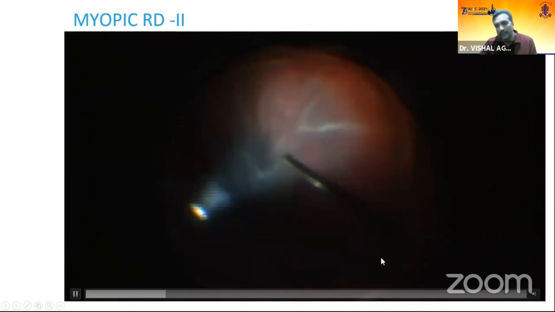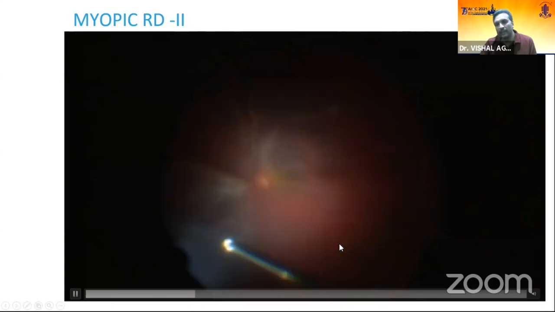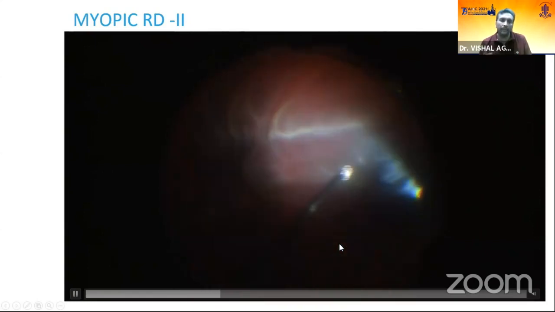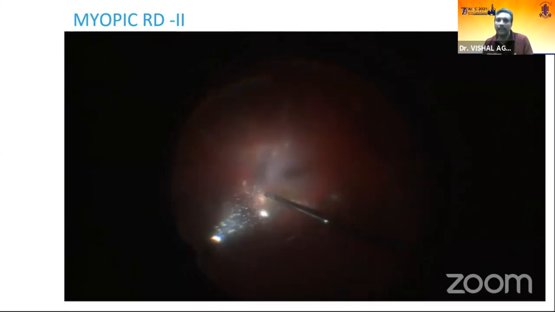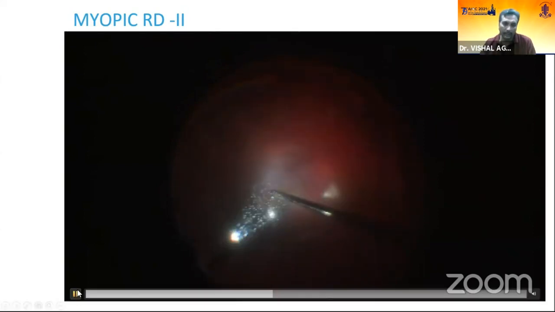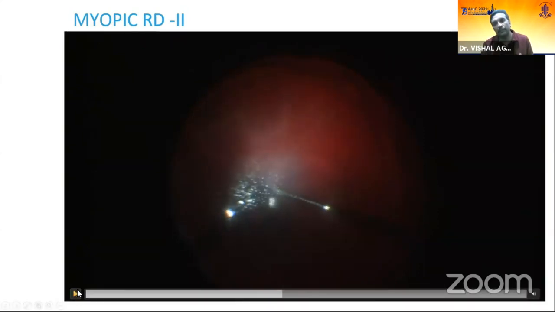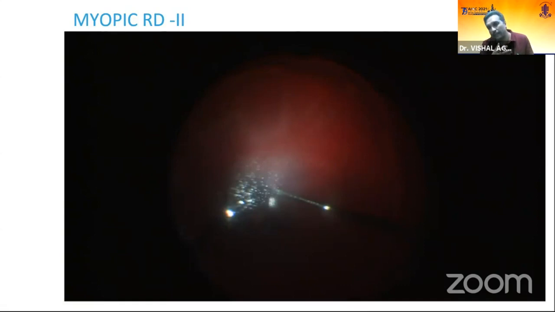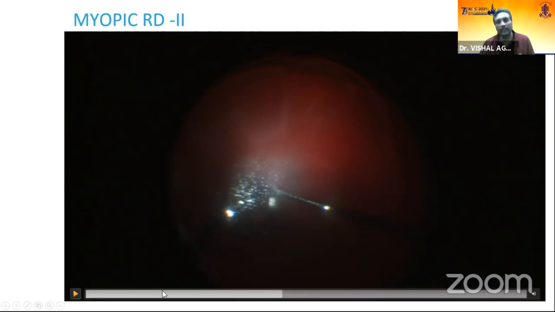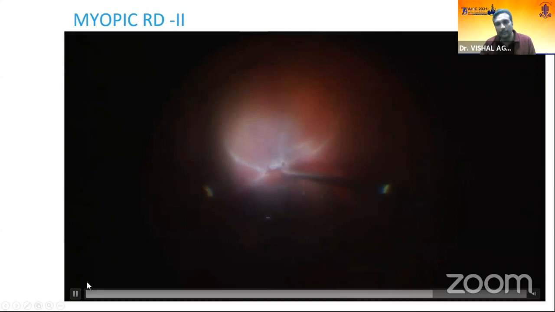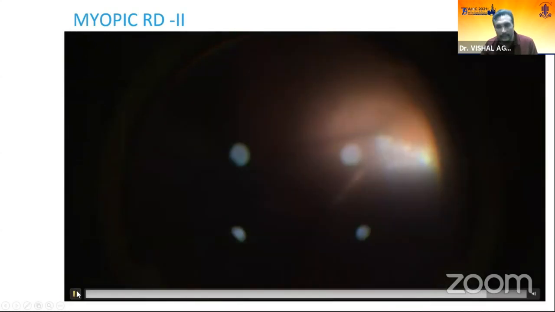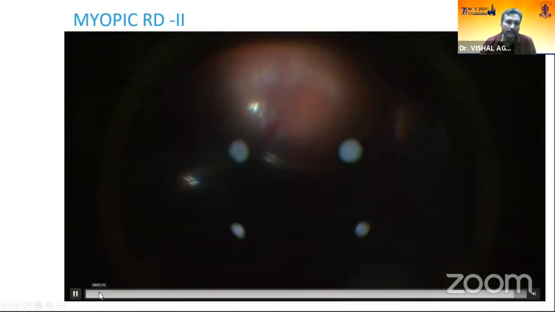But in this case, because of the hypotony, there was a large bleed, and this is the lattice with the break, the original lattice, and we had to enlarge it to drain all the blood, because all the choroidal bleed was coming through the retinotomy into the vitreous cavity and causing limited visibility. So we injected PFCL over the posterior pole, and that helped the blood iron out to the periphery, and then we drained all the blood through the peripheral large retinotomy. So the point here is, if you clear all the blood and all your breaks are well lasered, this bleed will spontaneously resolve on its own in a couple of weeks.